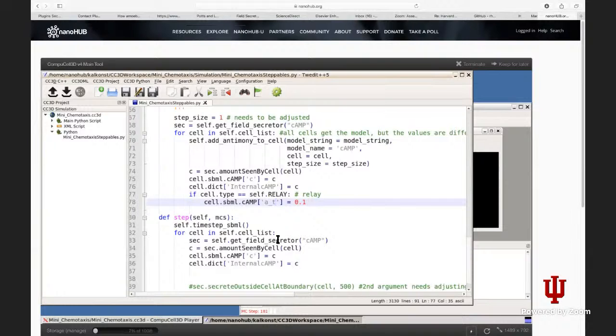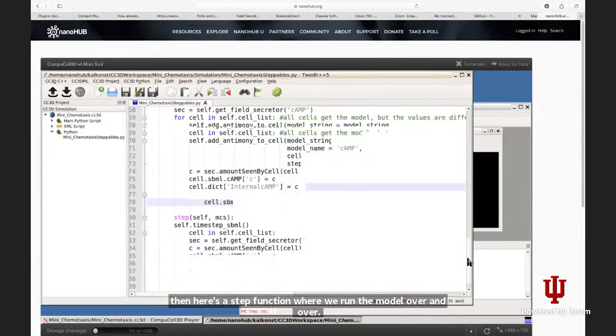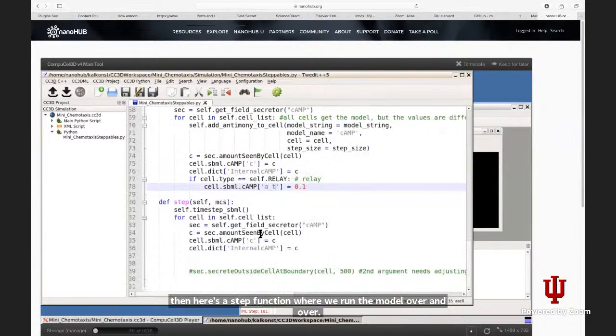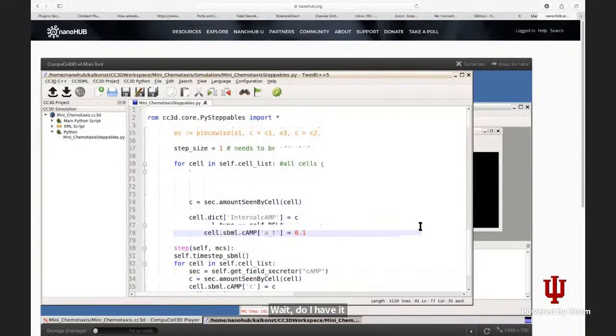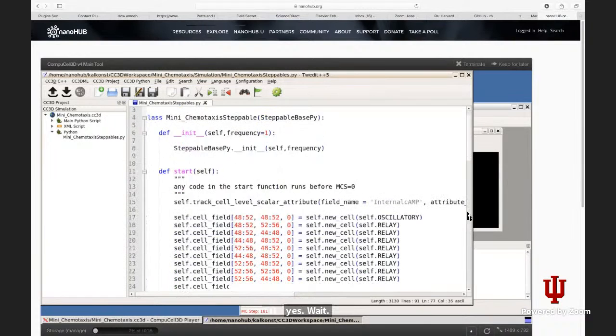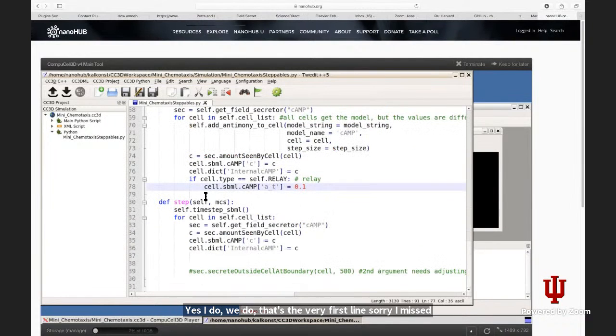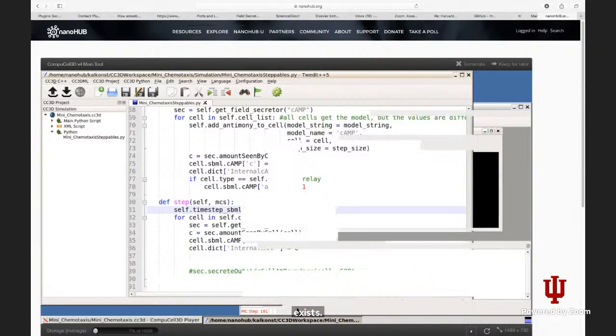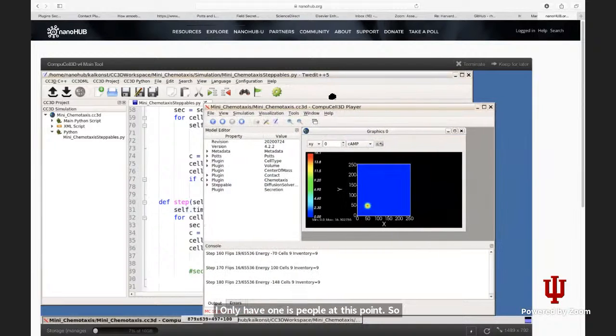And then here's a step function where we run the model over and over. Wait, do I have it running? Yes, I do. That's the very first line. Sorry, I missed it. I only have one SPML at this point. So when we open that in player,